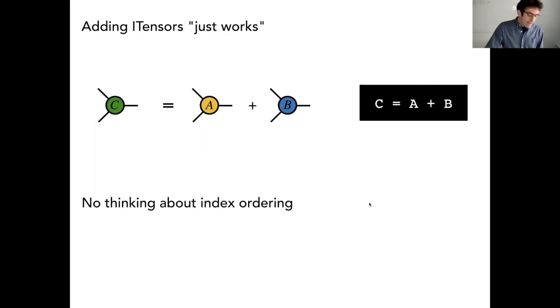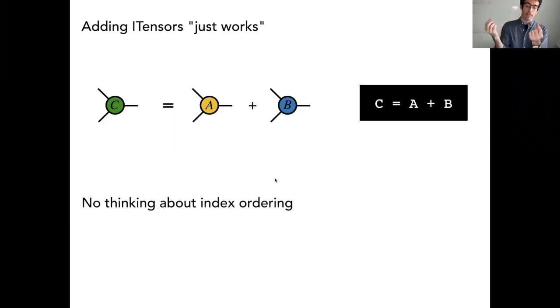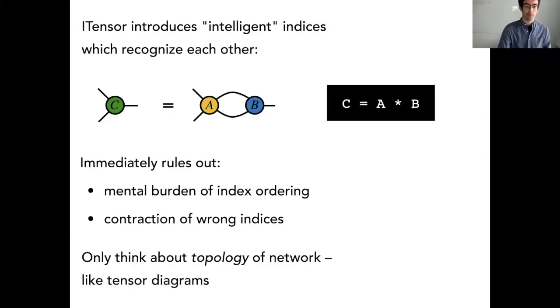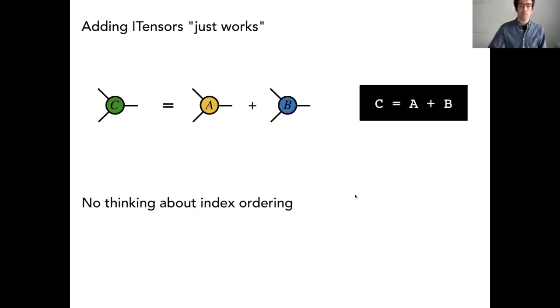Yeah, so there is something like a transpose in the sense that if you have arrows on, let's say you have a matrix-like tensor, then the arrows will have a direction to them. And so you do need to attach a contravariant to a covariant index. But if those indices resulted from an earlier factorization, they will be the ones that will attach, because this index will be born from a tensor factorization. So when you go to do it, you won't accidentally attach it to the wrong side. But otherwise, you don't have to do any bookkeeping of whether the matrix is like this or like that. It can be either way.